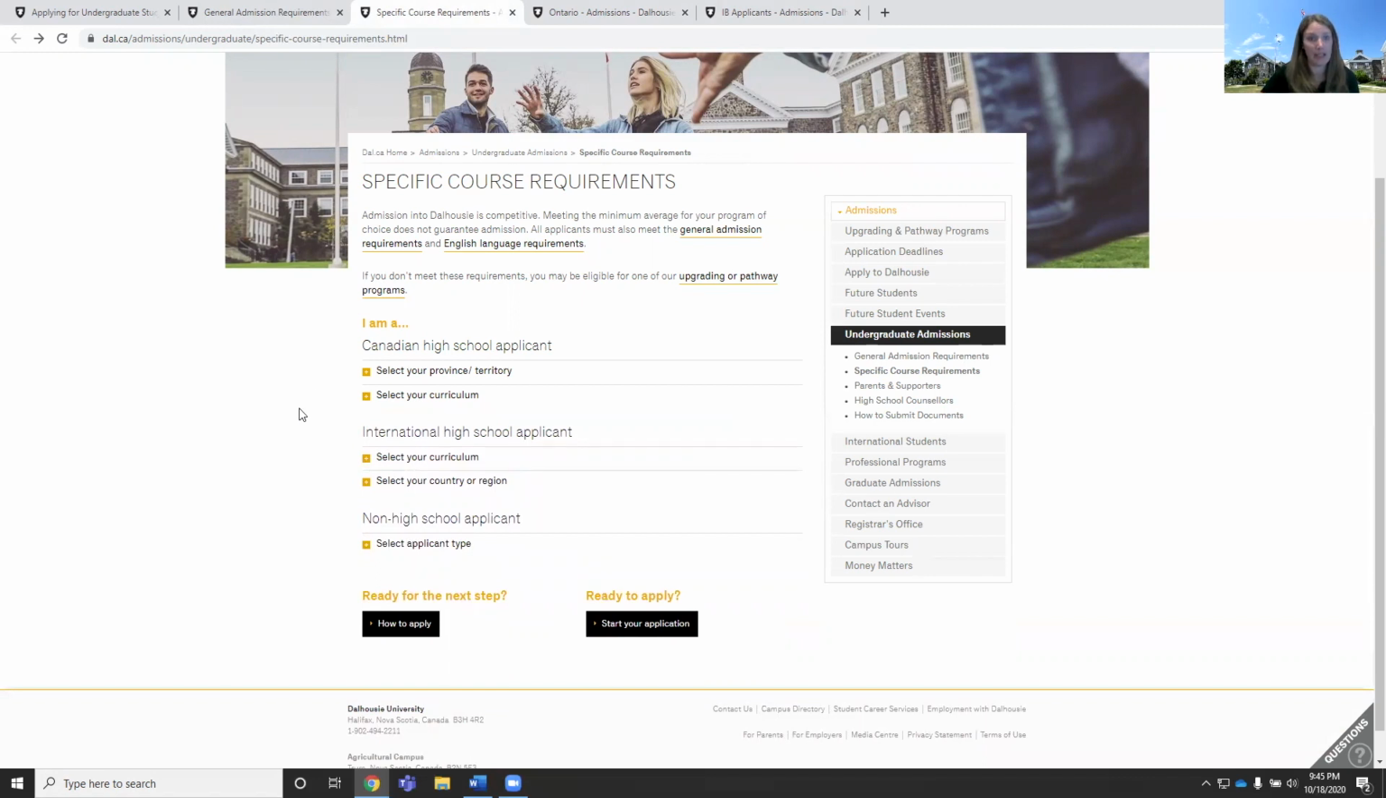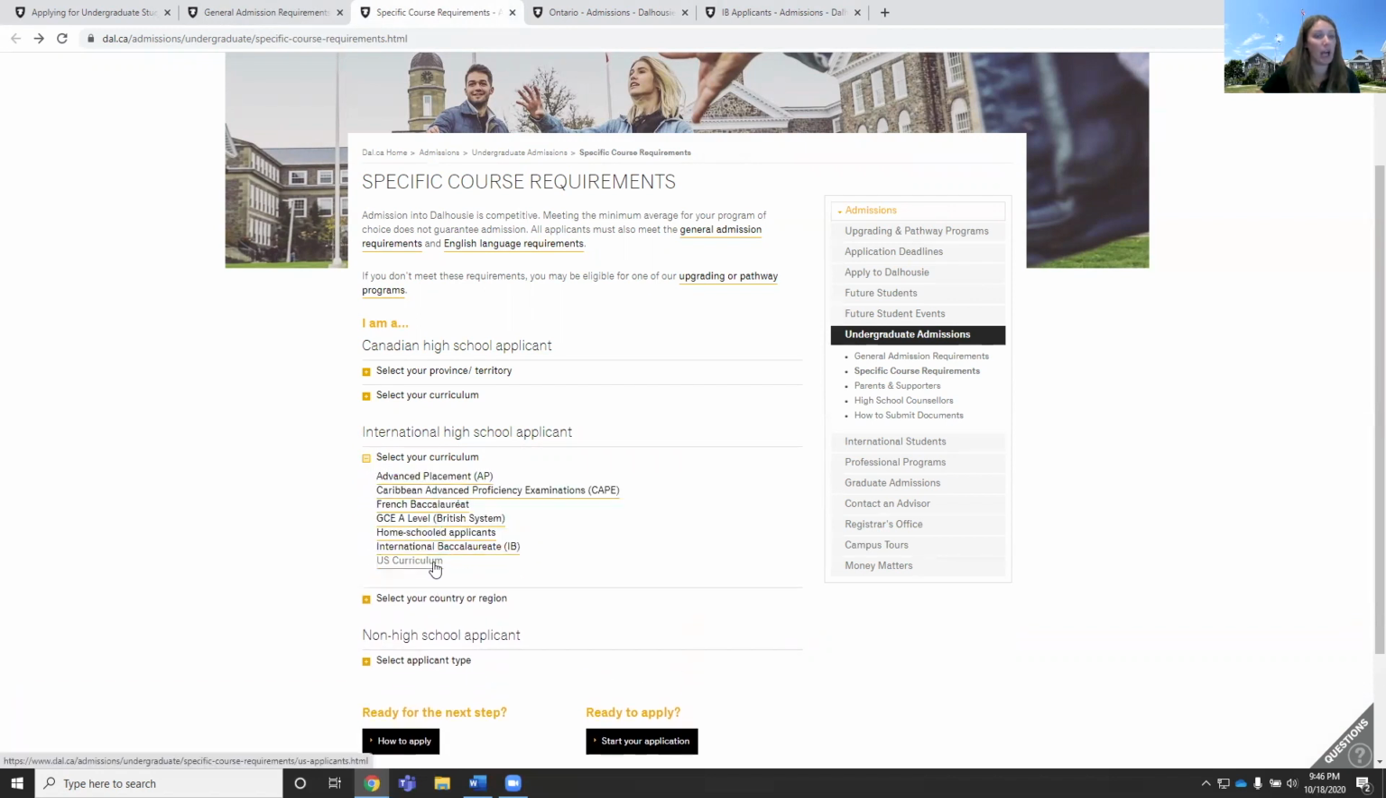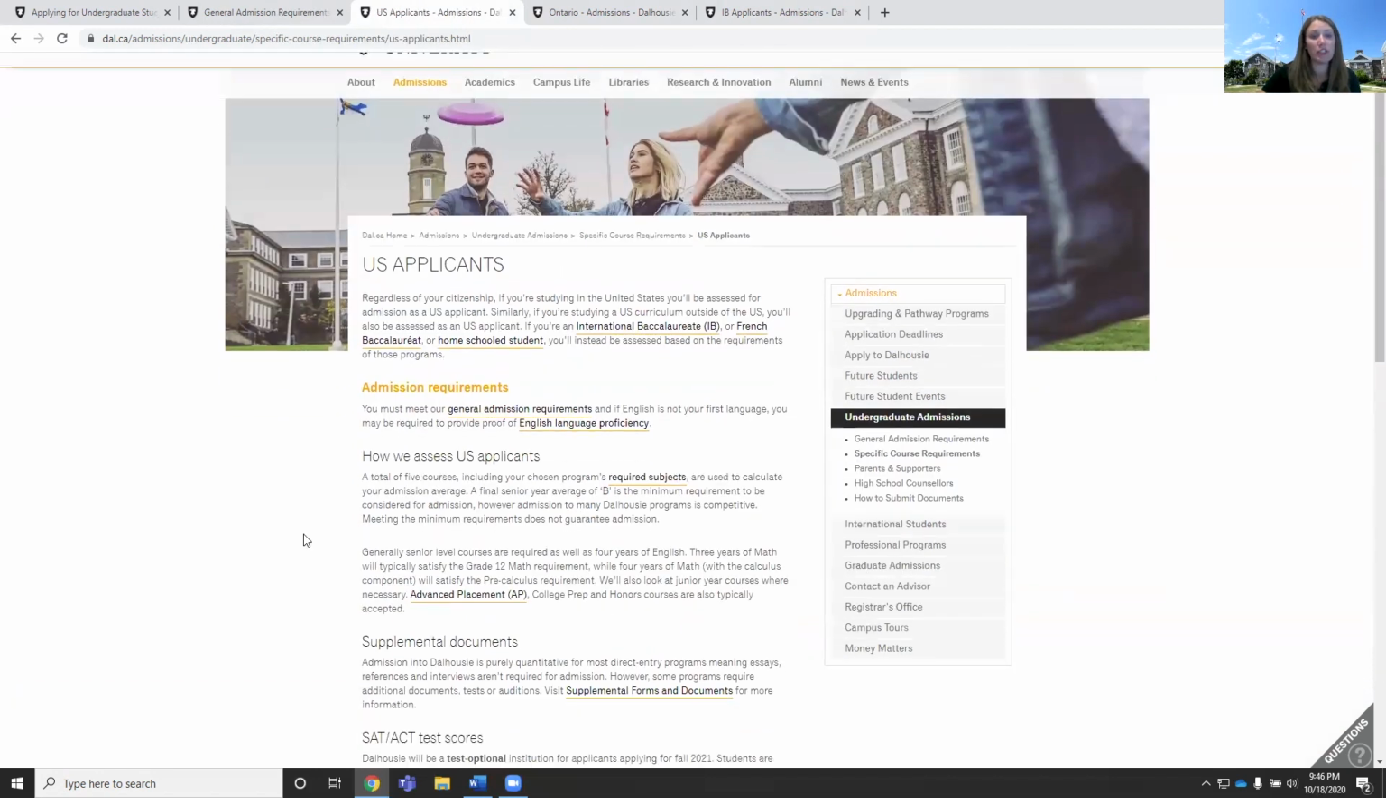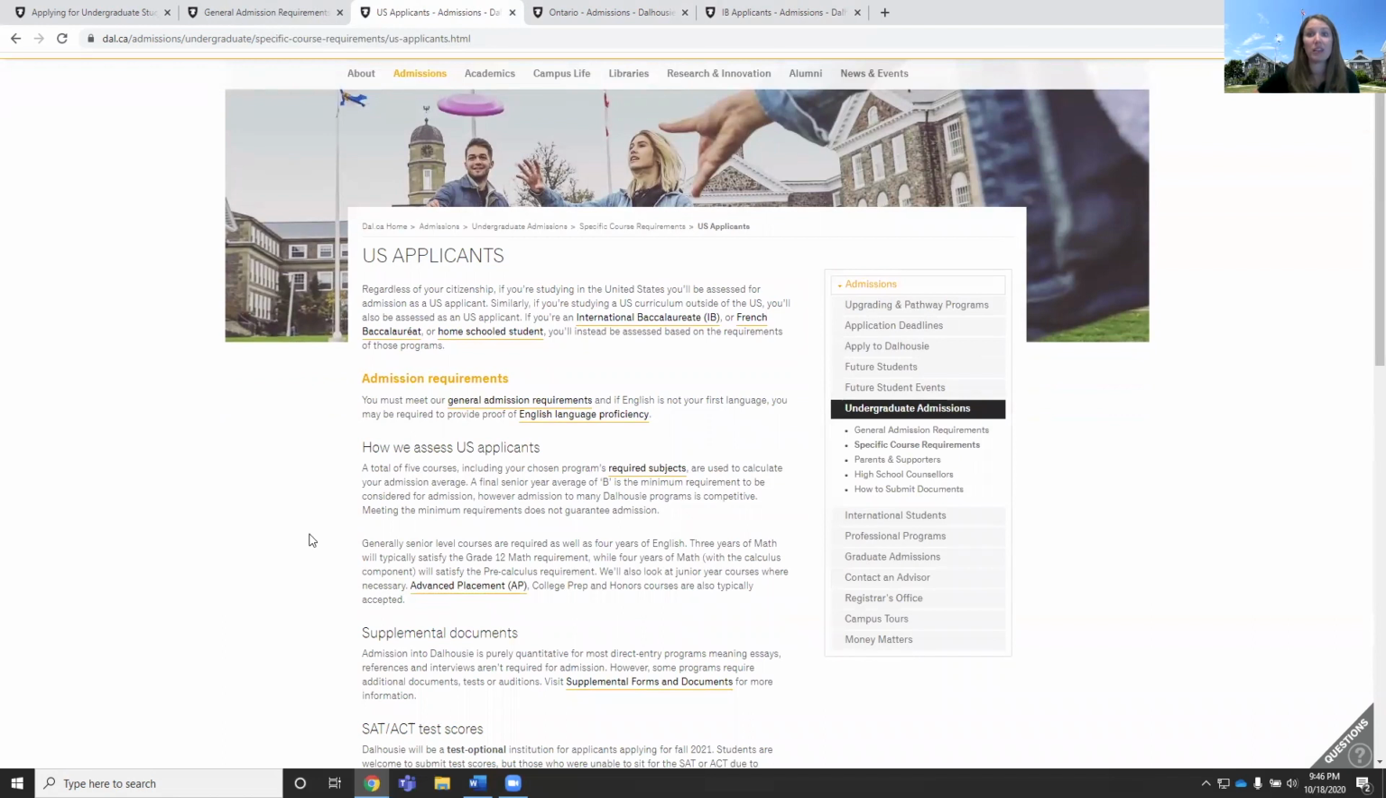High school applicant, then make sure you visit the U.S. applicants page, which has some specific information for you. For the grade 12 equivalent courses, we're looking for senior level courses. So things like college prep, honors, or AP, or that you're following a curriculum like the International Baccalaureate or French Bac. If you're applying to a program that has a math requirement, 3 years of high school math will typically